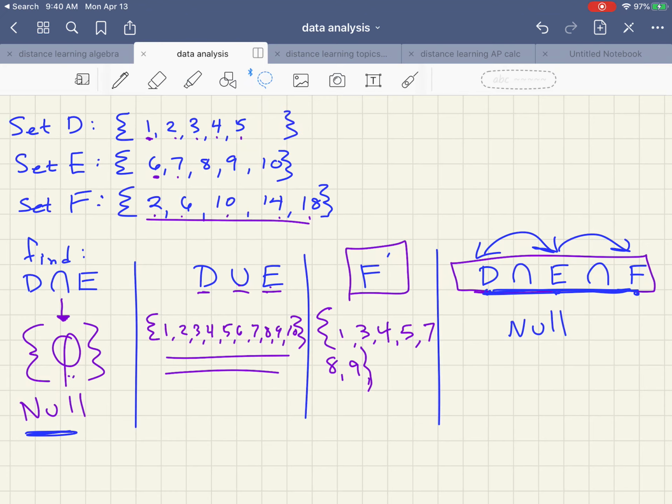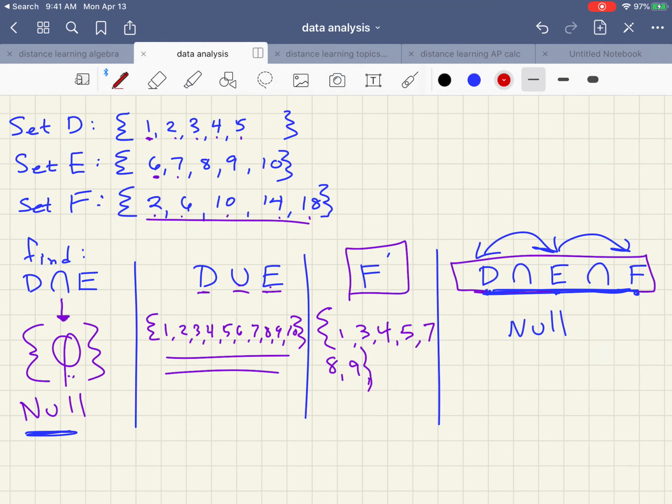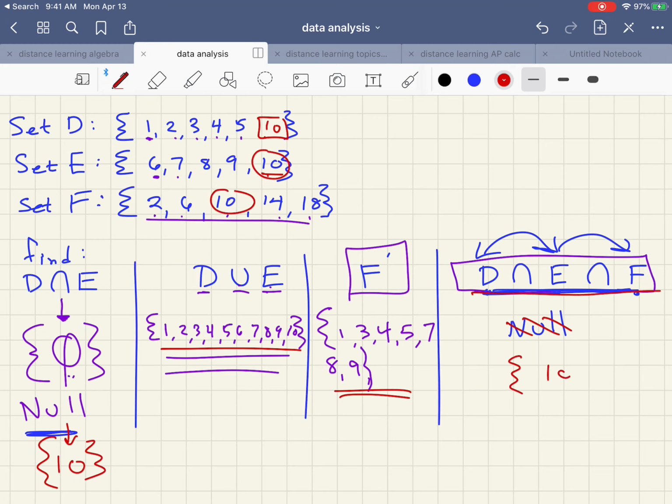Now, if I were to adjust one of these sets, I'm going to make this really obviously different here. I'm adding the number 10 into set A. All of a sudden, since this would now have an overlap, 10 would be the overlap here. Doesn't change the union because it's already part of set E. Doesn't change F complement, but now all of a sudden 10 is common to all